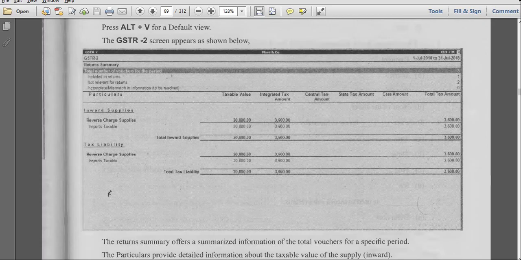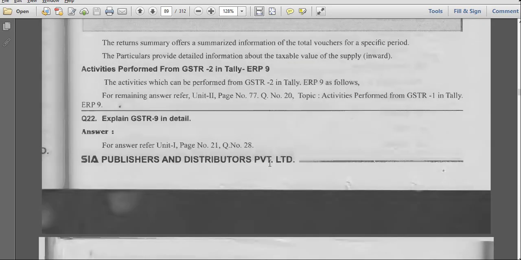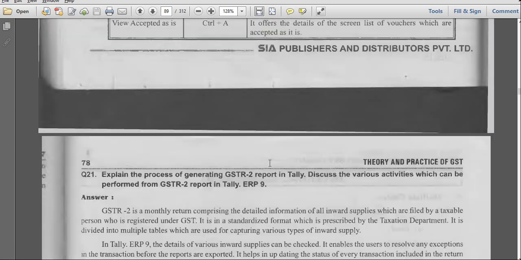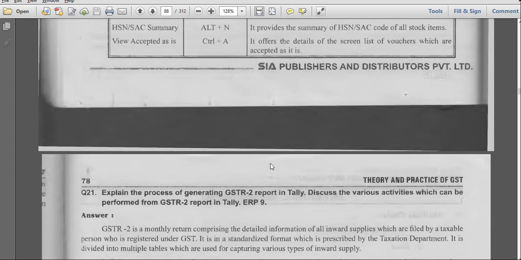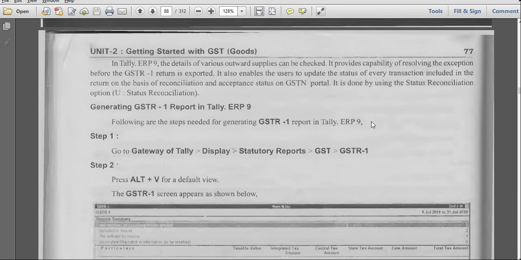Once we see all these reports, then your unit 2 will be completed by tomorrow, and we will start unit 3 also. Okay, so tomorrow we'll finish off this unit 2 and we'll go with unit 3. So now let's take a 10 minutes